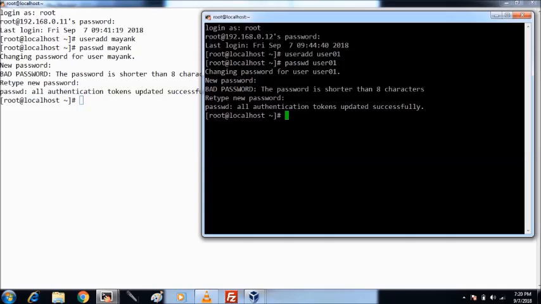Now what we have to do: the host machine user must be in the wheel group, meaning he has some superuser permission. It doesn't matter in Ansible whether your user is in the wheel group or not, but on the host machine that user must be in the wheel group. It's a must. So what should I do? usermod -aG wheel